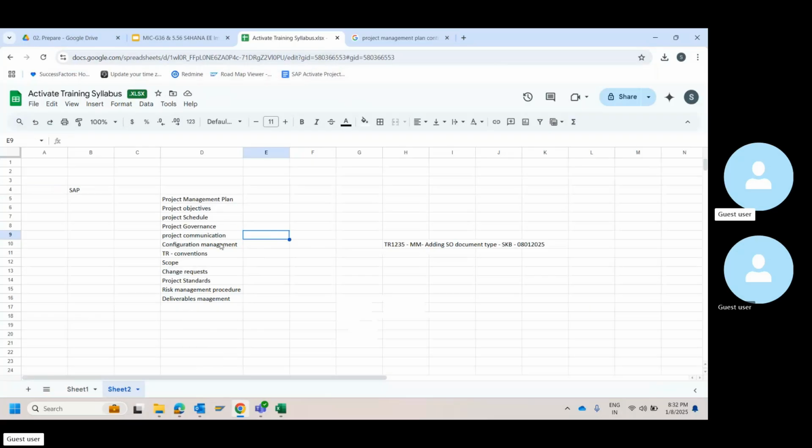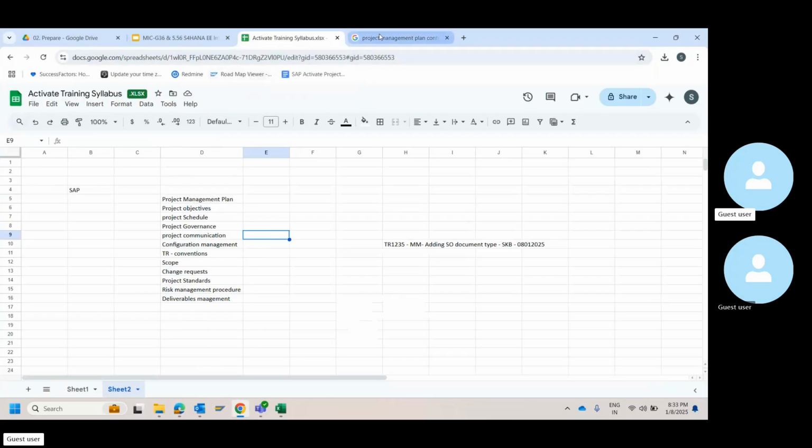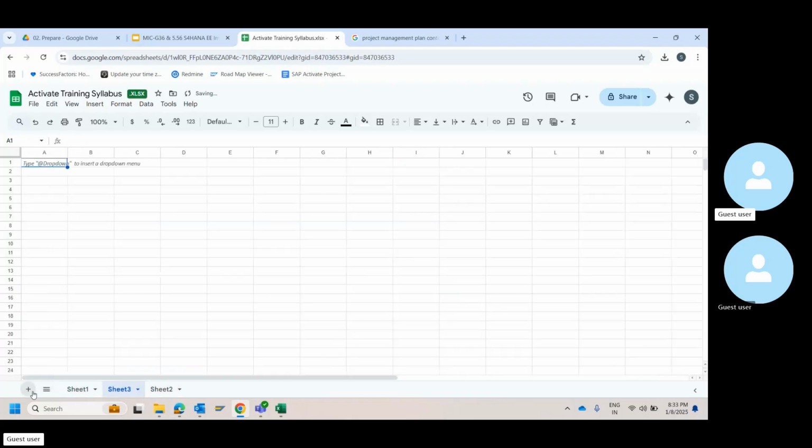Okay, so you're clear of this. Whatever we have seen now is basically the deliverables that we have for the prepare phase. Number 1, 2, 3, 4, 5, 6, 7, 8. And apart from this, I'll put a separate sheet itself. Now let's list it down. Prepare phase